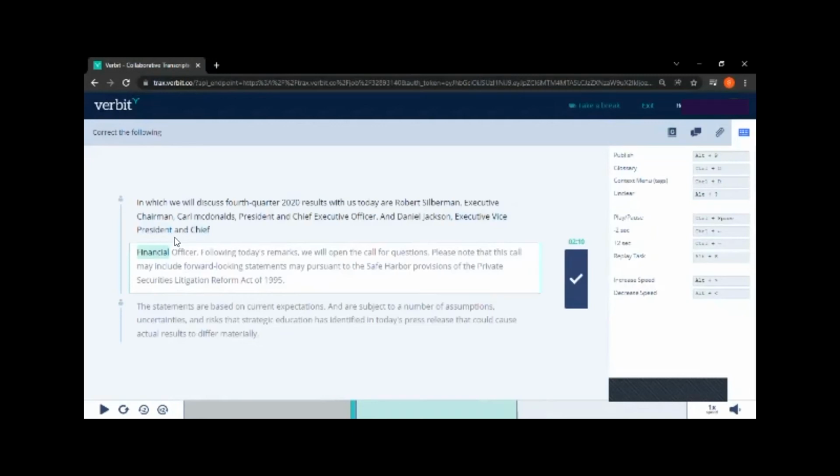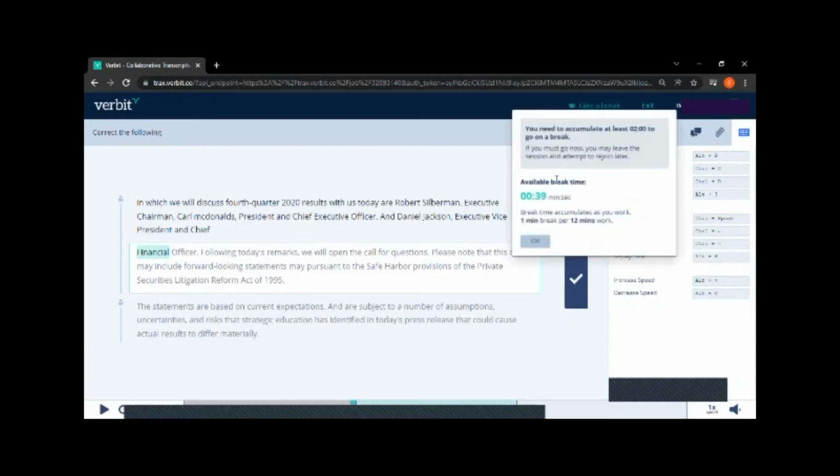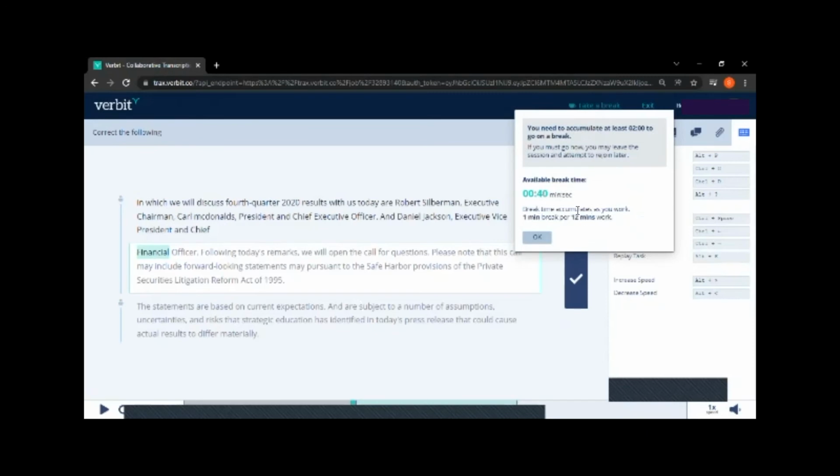So you have also to note that you can only work on the segments that are inside this box. You can't work on segments that are on the upper part of the box or are outside of the box. Yes, you can listen to them, but you cannot literally change anything or edit them. Here we have another feature here, which is take a break. So you can take a break after 24 minutes.